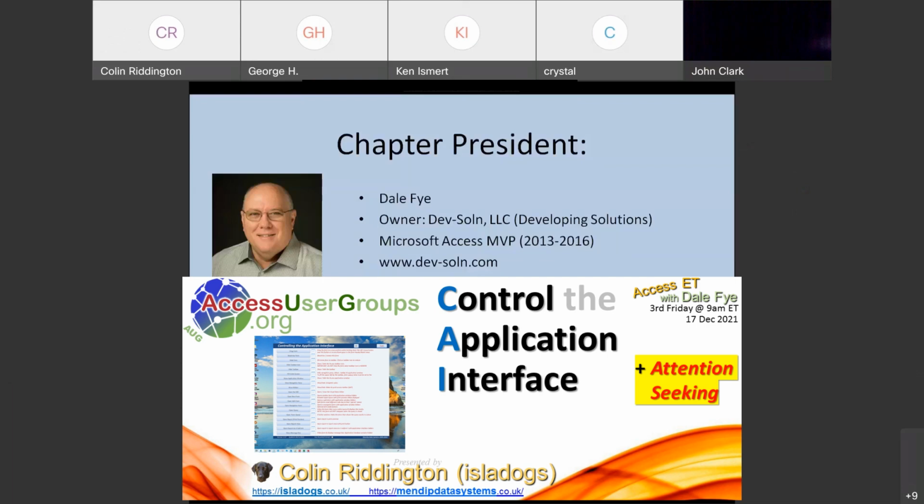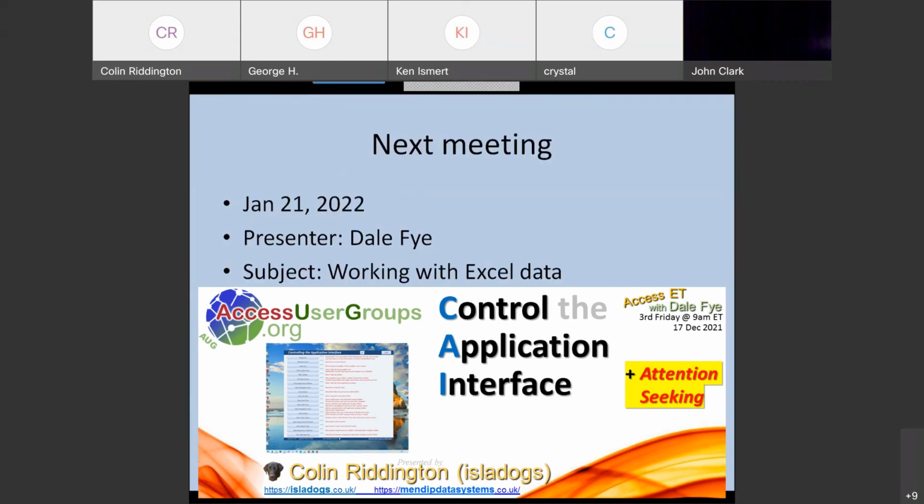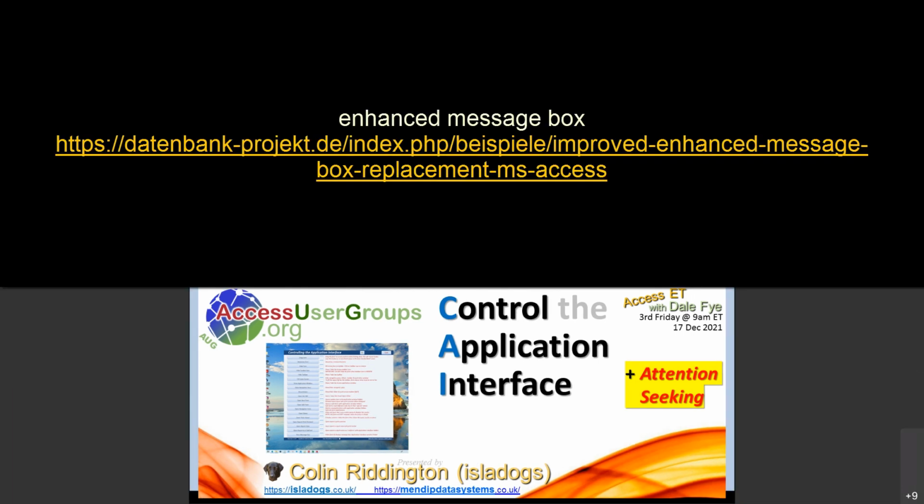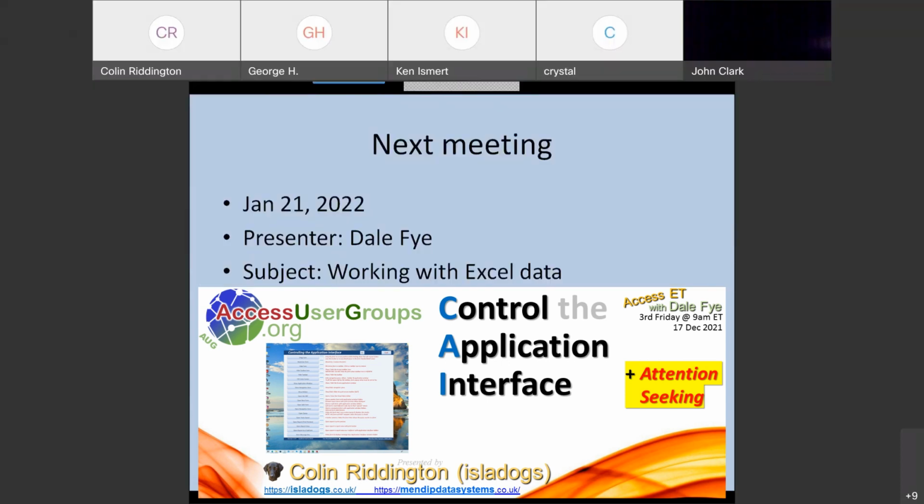Thank you, Crystal. Kim put up a link to the enhanced message box, which I think was by Bompui, I've forgotten his real name, who no longer develops in Access. Very clever, it has coloured text and so on. What I don't like about that is you are again limited to the standard Access buttons, and limited to the standard Access font size. So it's one stage further than a formatted message box, but I think with a customised message box you can do far more still.